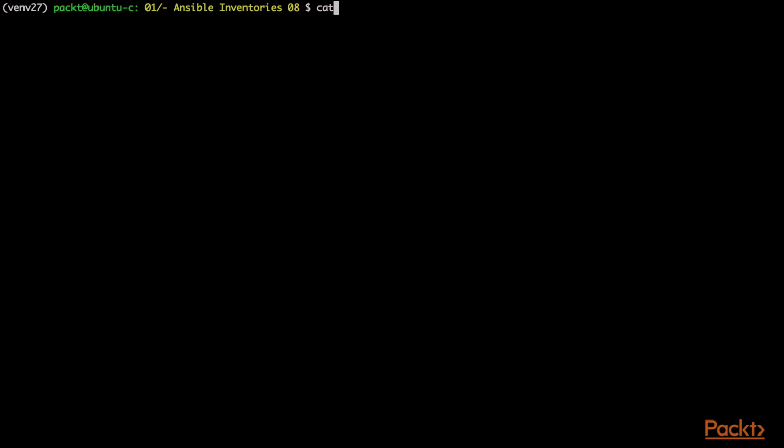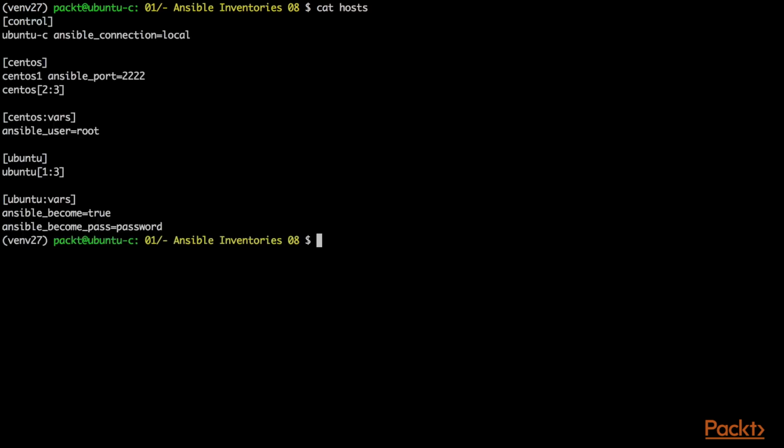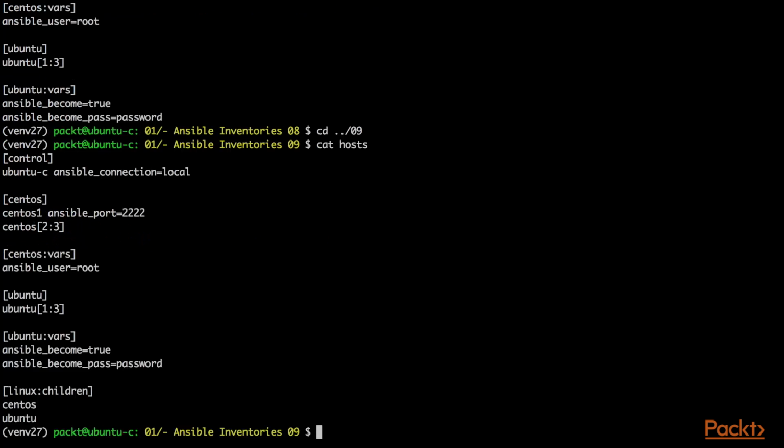If we look at our hosts file again, what we have now is a mixture of our control host and what could be considered our Linux hosts, the CentOS and the Ubuntu. It would be good if we can easily distinguish these Linux groups. Fortunately, Ansible has a children declaration which is very useful for this. So what we're going to do now is define a parent group of Linux with both CentOS and Ubuntu as the children. So if we go into revision 9 and we review the hosts file here, you can see at